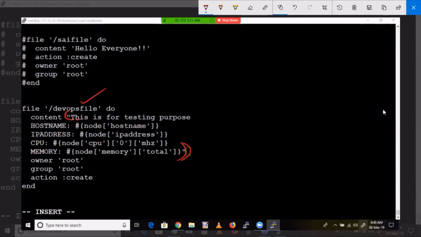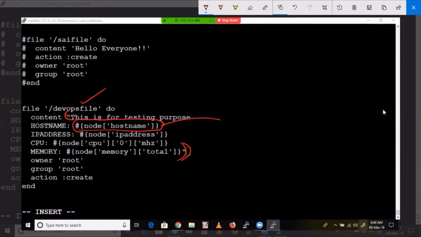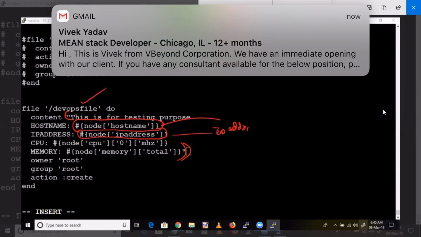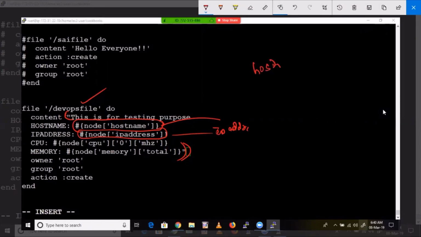See, whatever you see right here, this is how we define variables in Ruby. So if you execute this one, this entire portion will be replaced with the actual host name. If you execute this file, this entire portion will be replaced with the actual IP address. This portion will be replaced with the CPU percentage and memory. Like that. Now you might be having a doubt. Then where did we define these variables first? I told you, right? Somewhere we need to define host name and so on. Then only that will be replaced.